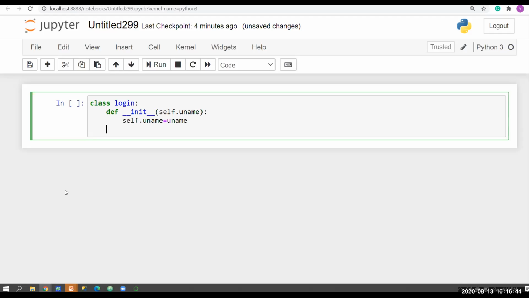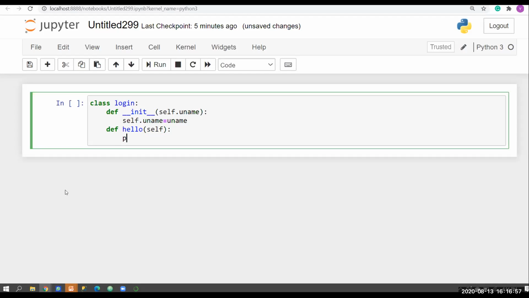Then I'm going to create a def hello function and pass self. Then I just print hello plus username, that is self.uname. I'm going to run this.